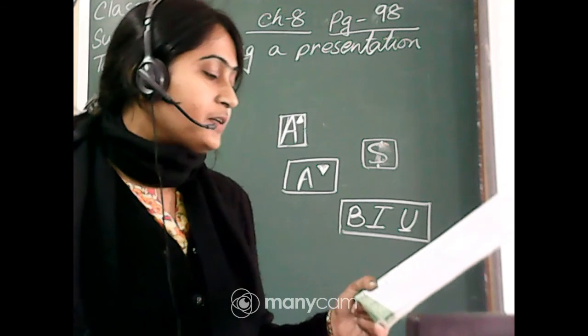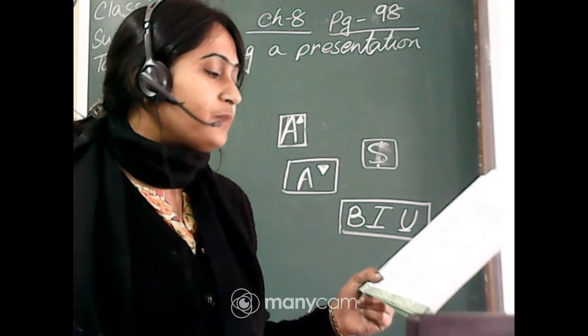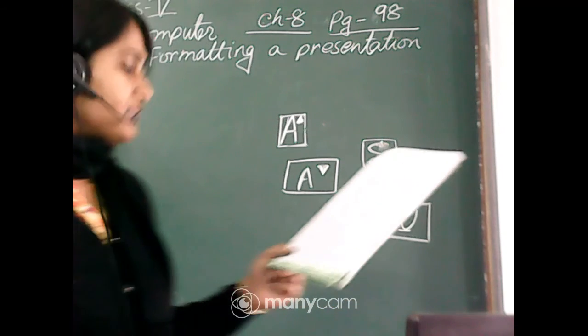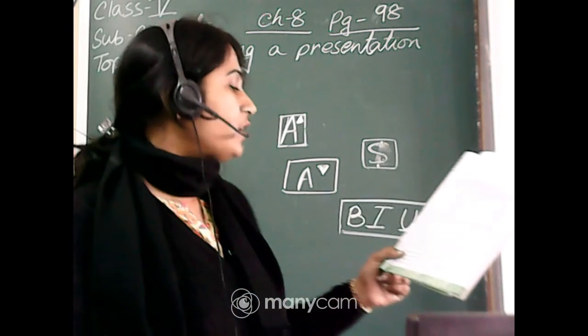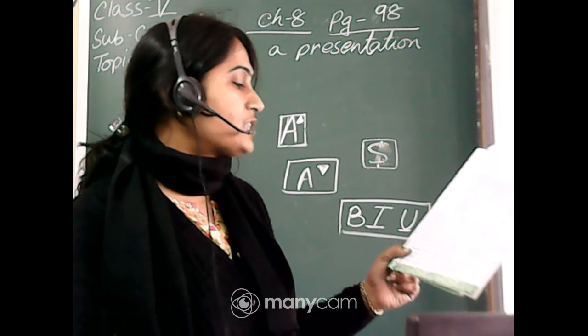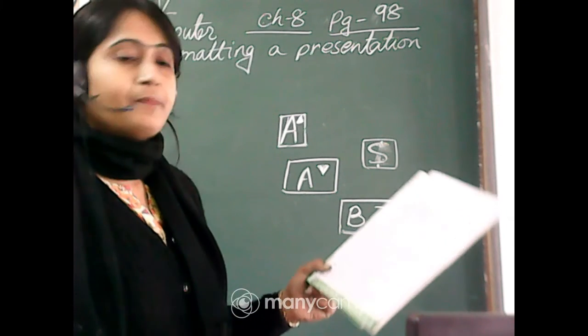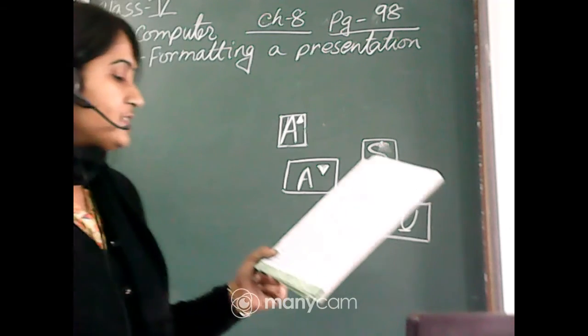Now, to apply the formatted text effect to another selection, select the text and click on the format painter button in the clipboard group under the Home tab. Now hold down the mouse and drag over the text on which you want to apply the formatting effect, and then release the mouse button.